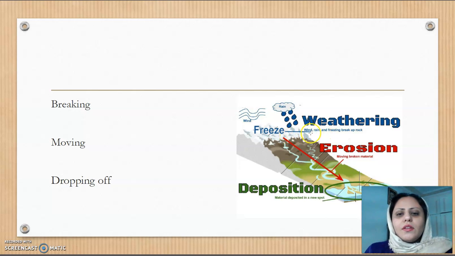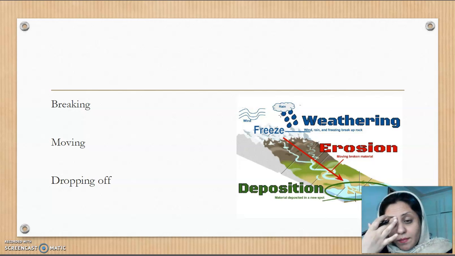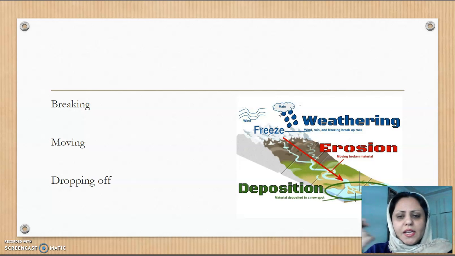The rain goes into the cracks and breaks the big boulders into small pieces, and then by erosion we have the movement of these pieces. Erosion can also have different agents like wind and water, like waves and rivers, and also other things like glaciers, ice,